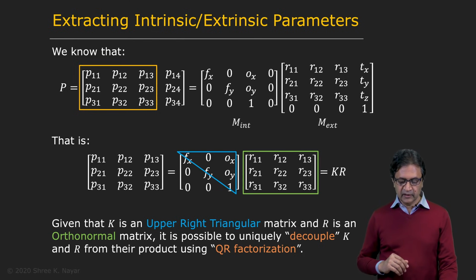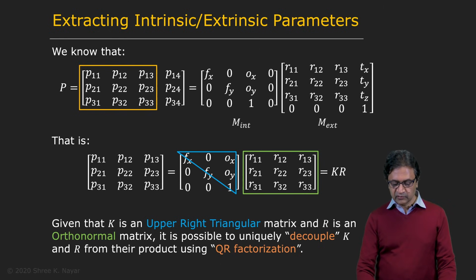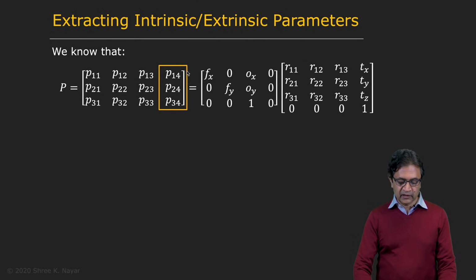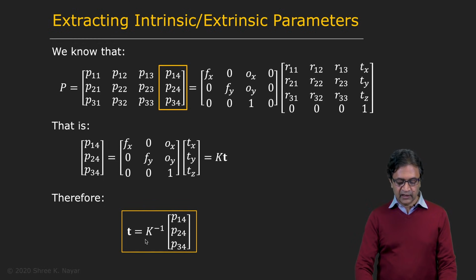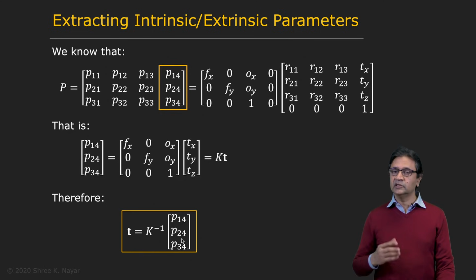Very powerful technique. And so now there's one piece missing here, which is we have found rotation, we have found the internal parameters, but we need to find the translation as well. Well, that's easy. What we can do is to look at the last column of P, which is this right here. Well, that happens to be equal to your calibration matrix K with the internal parameters times the translation vector right here. And we happen to know K already, and therefore we can find the translation vector as well, which is K inverse times this column of P. And we're done. So this is interesting.